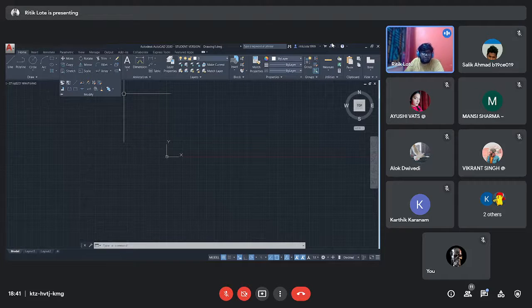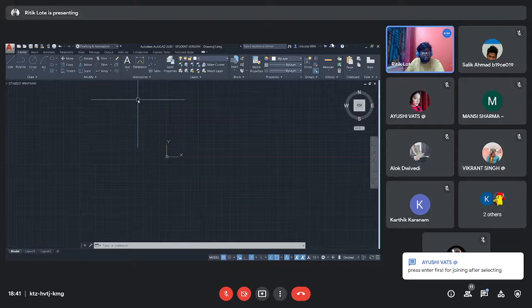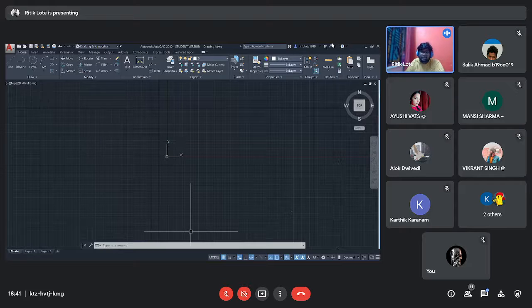But these are the basic tools that you need to know. These are the most important tools, and these are the tools that are least used while creating a design. But for the sake of knowledge, I have covered these tools also. So here we end our 2D. Now in our 2D, what we have actually covered, we have covered the whole workspace, the different options that are needed to enhance our workspace, enhance our productivity, and also enhance the use of tools.